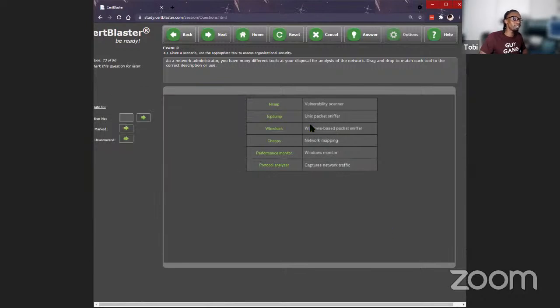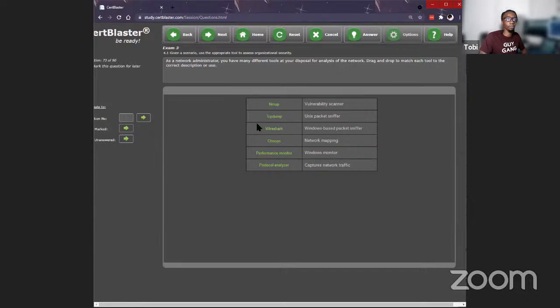All right. I could have easily told you that Wireshark went here, but I wanted you to see the Windows-based packet sniffer, just like we did with tcpdump, which was a Unix-based packet sniffer. And you see how the protocol analyzer wasn't specific to Windows or Linux? It was just protocol analyzer. What does it do? It captures network traffic.